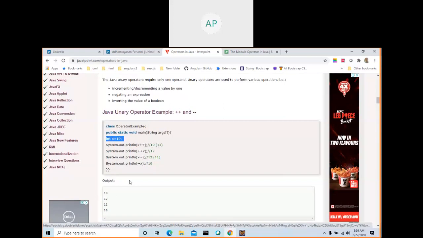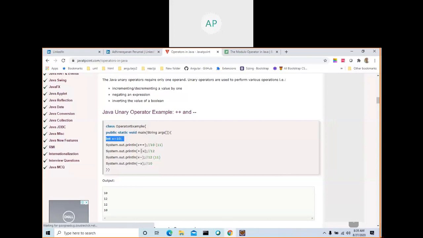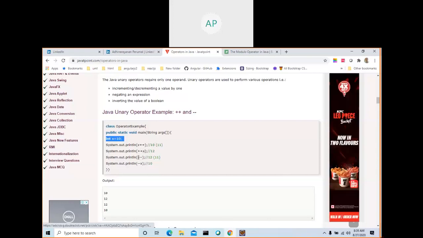When you type x plus plus in System.out.println, first it is printing x, then it is incrementing. For minus minus, it is printing, after that it is decrementing. So it is printing x, after that it is incrementing.